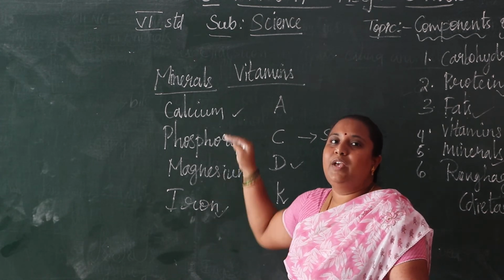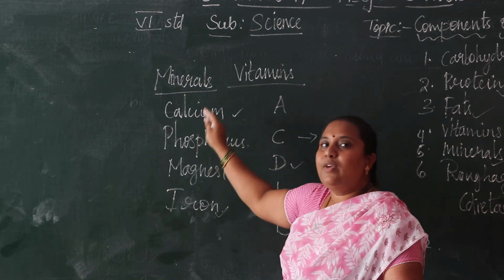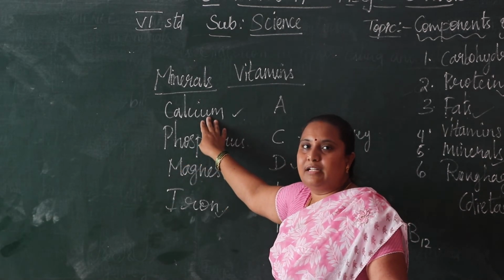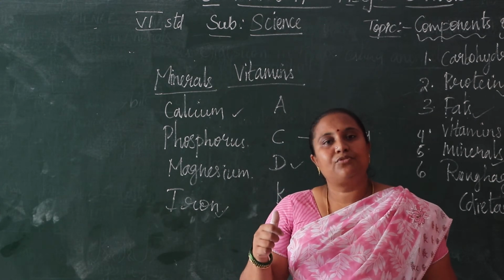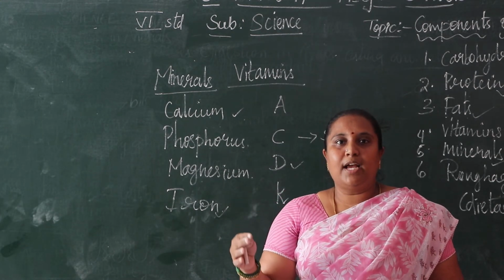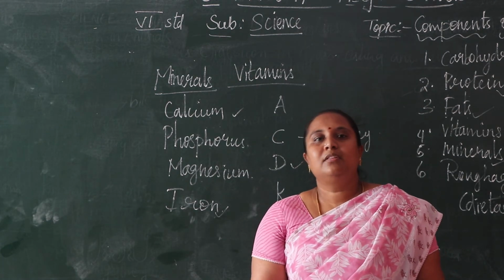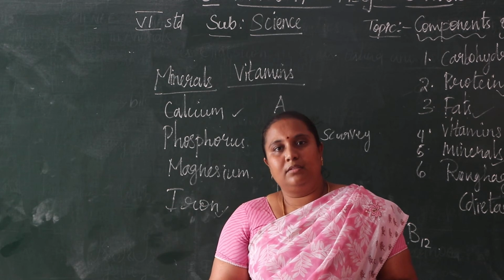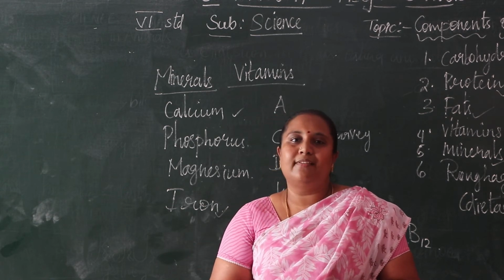So from that we are losing minerals. We are not eating cabbage, which means we are losing calcium. From that we don't have strength, we don't have strong bones. If a child is pushed, they fall down, and then the bone is broken. So that child has a loss of calcium, so there is no strength in the bones.